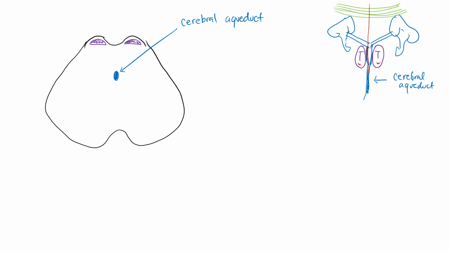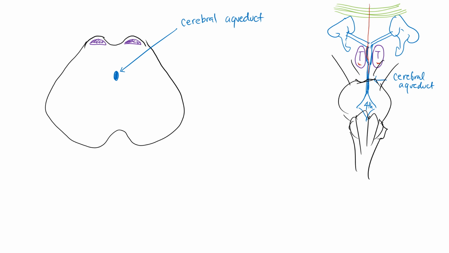And from the cerebral aqueduct, it will drain into your fourth ventricle. And now that's the fourth ventricle where your midbrain is. Okay, so that's your midbrain, that's your pons, that's your medulla there. Okay, and then your fourth ventricle would continue as the central canal of your spinal cord, but at the same